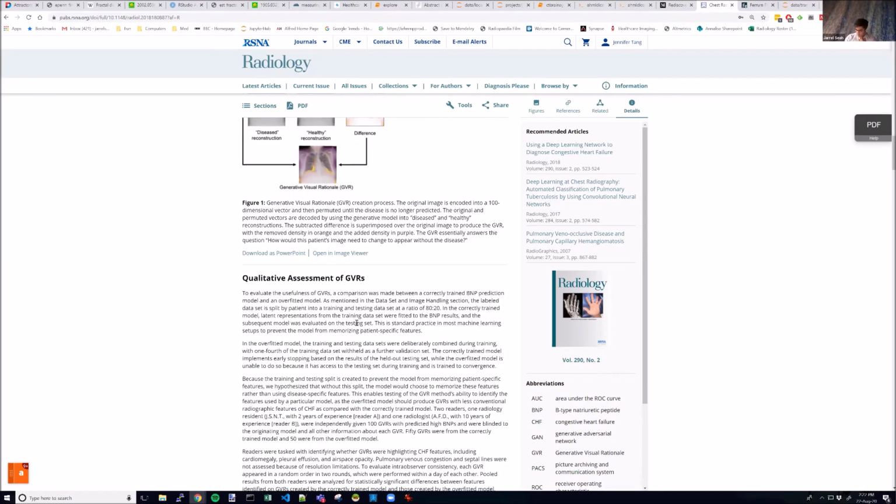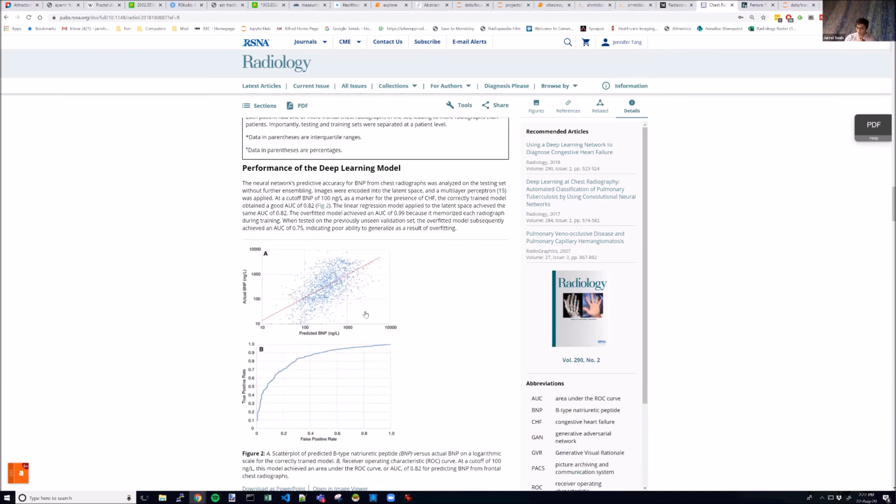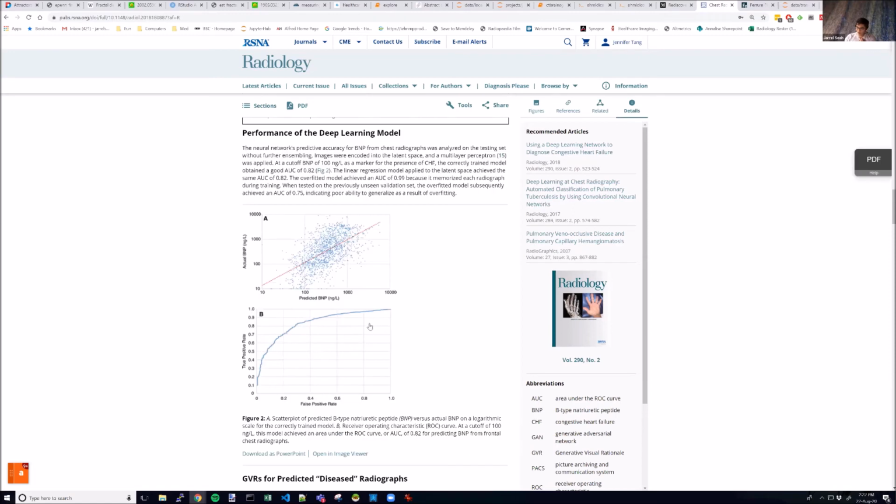So there are a lot of questions about how it performs, and the technicalities of this. Basically, instead of training off a doctor's impression of whether or not there was heart failure on the X-ray, we trained it directly against something objective, which is a blood marker called brain natriuretic peptide, which measures the strain on the heart essentially. And so that's the objective measure of whether or not the patient actually has heart failure.